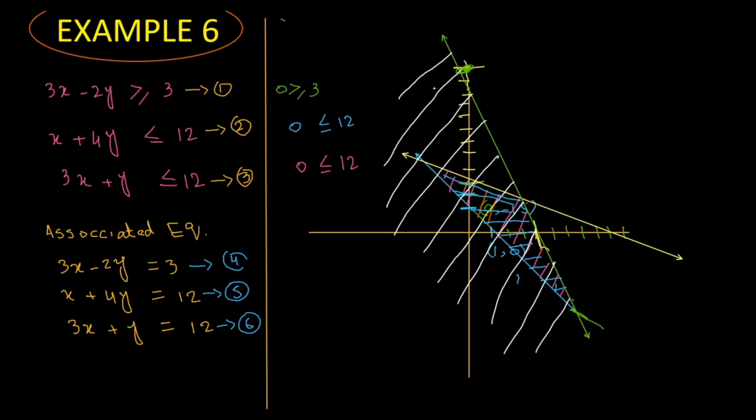Also check the pointer, so this is the region which is the common region in between the three lines. This is the common region in between three lines. So we have solved this example,